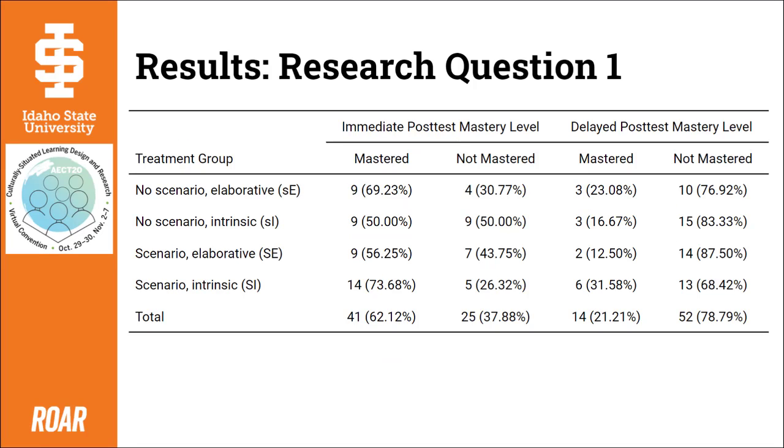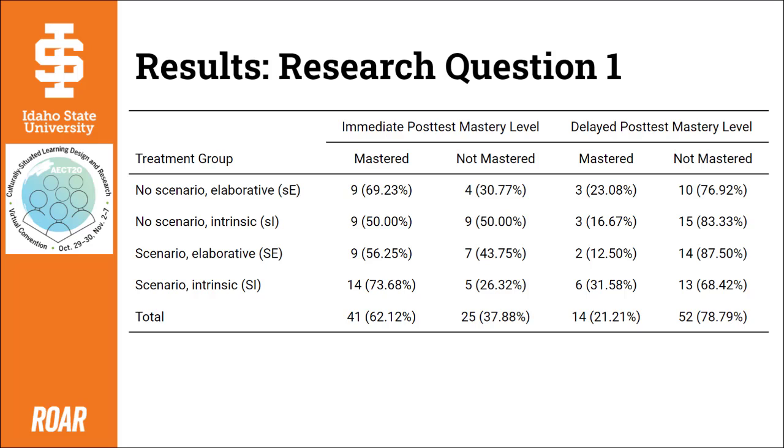Because we were also interested in participants' ability to perform manual cell counts accurately, we ran a chi-square analysis to look at the mastery of participants' ability to perform the counts. As Dr. Coffland mentioned, correct answers were defined as within plus or minus 1 standard deviation of the mean of expert counts. And mastery was defined by answering at least 2 out of 3 cell count questions correctly, whereas not having met mastery was defined by answering 1 or fewer cell count questions correctly.